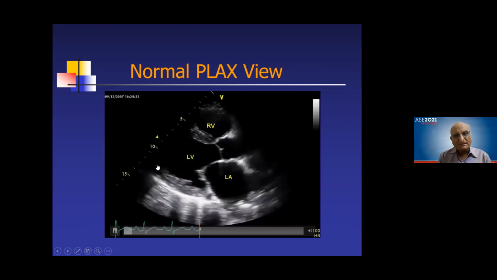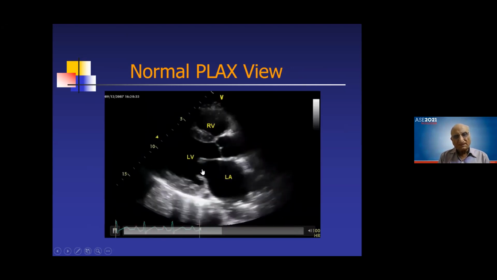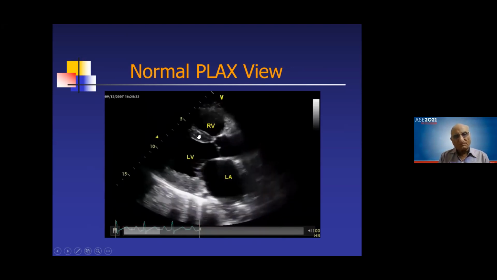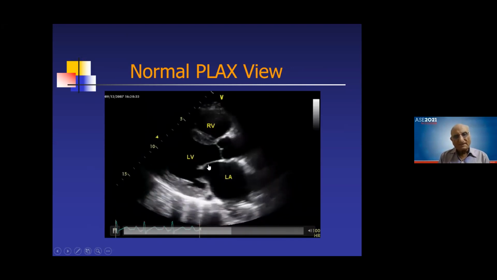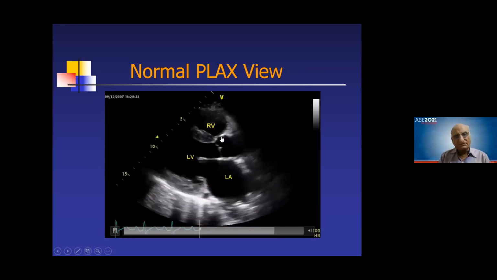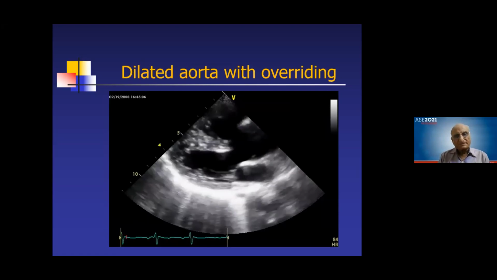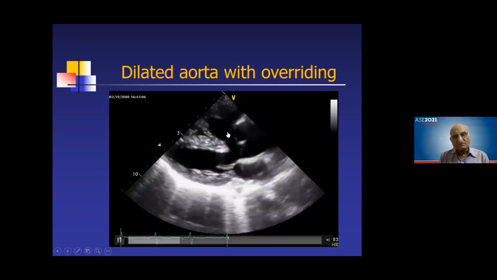Now, this is a normal parasternal long axis view. You see the septum is continuous with the anterior wall of the aorta, and the mitral wall is in direct connection with the posterior wall of the aorta. This is a normal individual. This is known as a normal mitral aortic continuity and aortoseptal continuity, that there is a normal connection between the septum and the aorta, and here the mitral. So what happens in a Fallot tetralogy, as you see, now there is a VSD, correct?